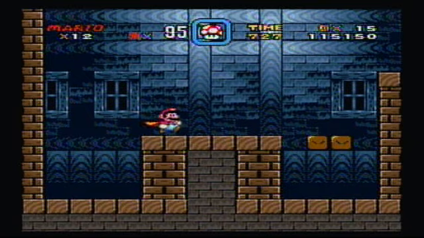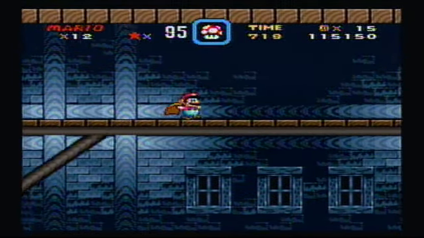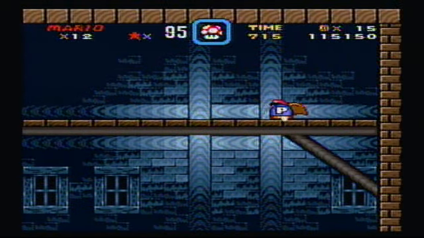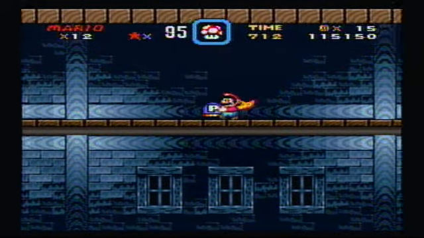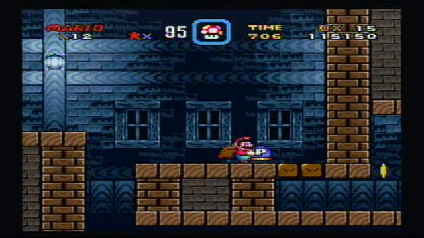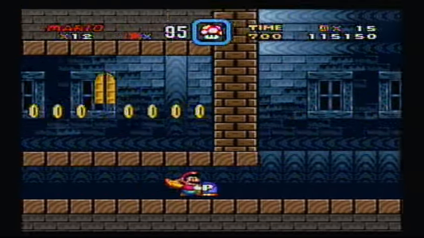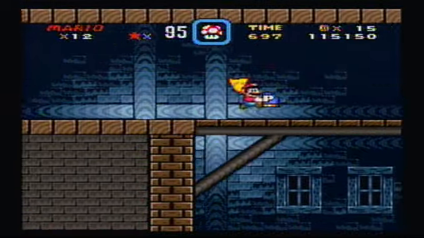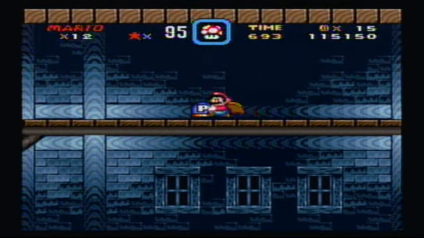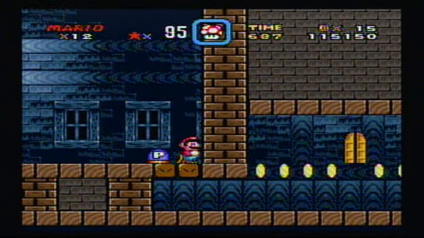Let's see, can I fly here? Maybe the screen will scroll up and we'll find some secrets like this. What have we got up here then? We have a P-switch. Of course there'd be a P-switch in the ghost house. It wouldn't let us get away without having to solve some crazy puzzle. Let's see, if I do that, is there any way... Interesting. What can we do here? So if I do this...